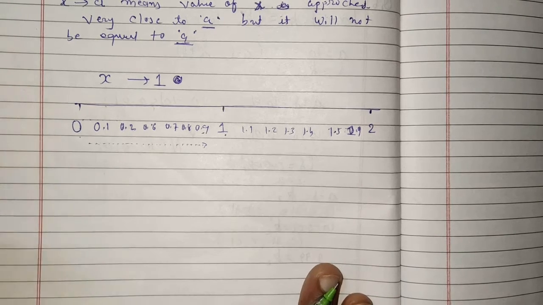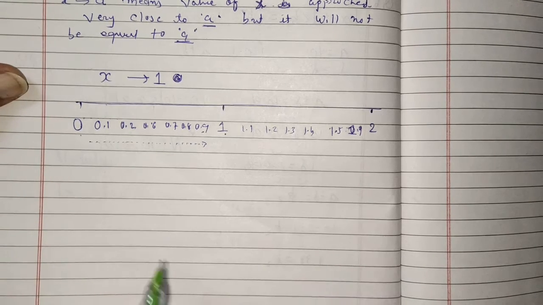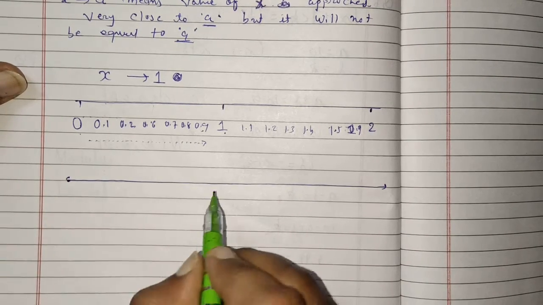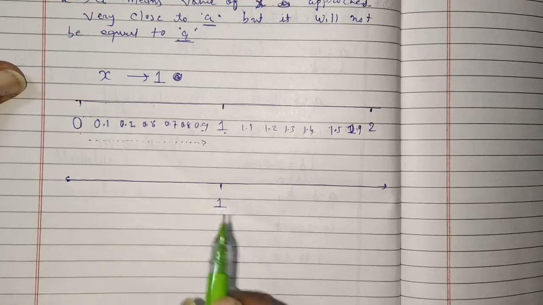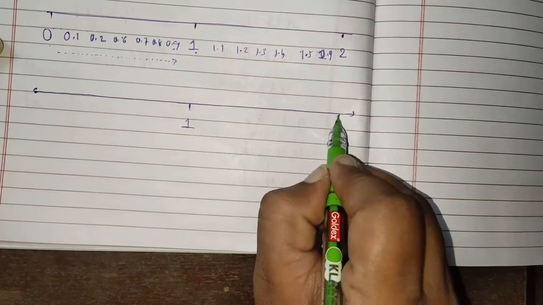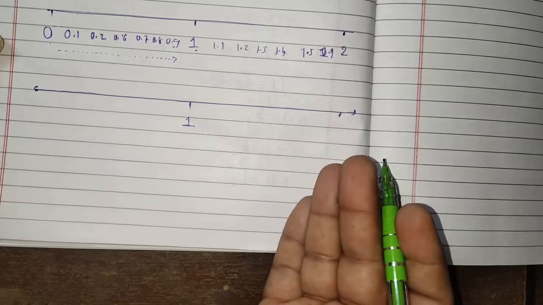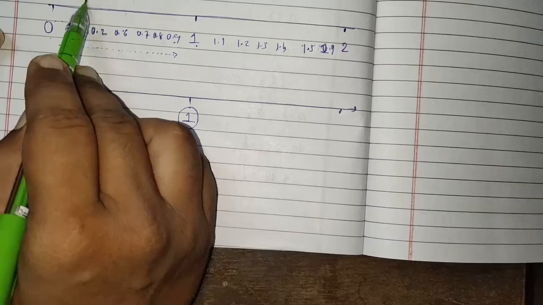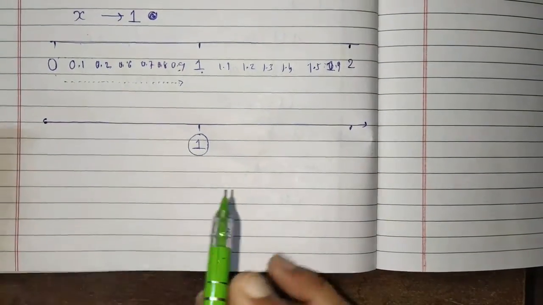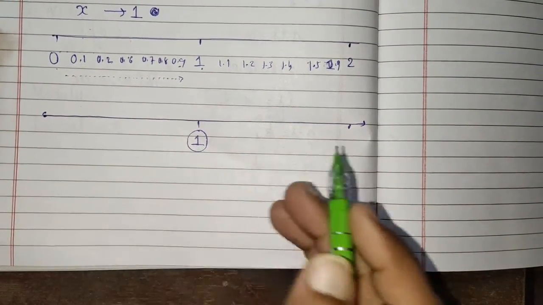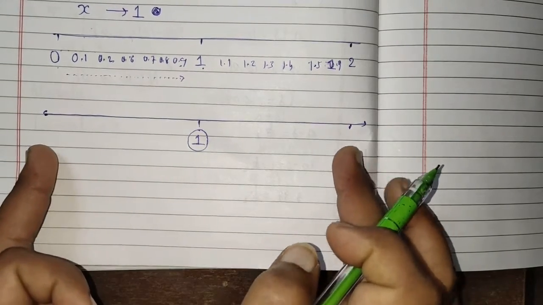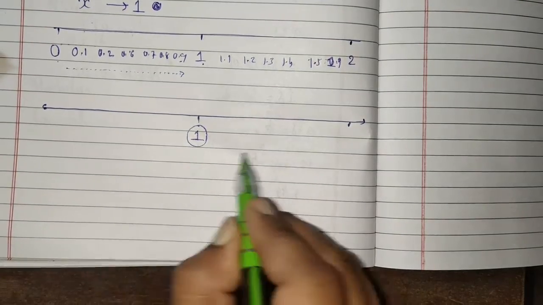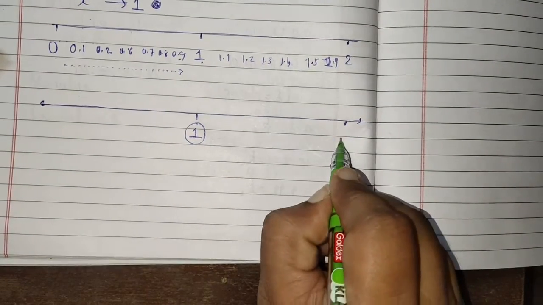But to solve the sums or to get the very close value, we make the normal difference 0.1 on both sides. For example, that's 1, and we consider here 1 plus, that's the positive side. Any number is given, here we want to find x tends to 1, so 1 is the middle number for us, and we want both values on both sides, positive side and negative side. So for the positive side, whatever is positive is greater than, so add 1, so 1 plus